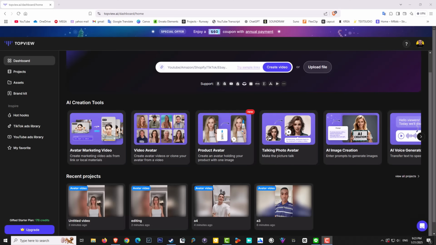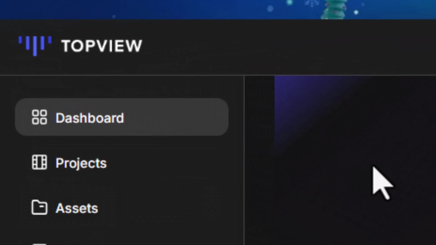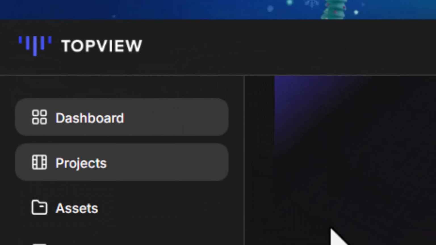The video you are currently watching is entirely AI generated using the TopView AI Avatar Creator. In this video, I will demonstrate just how easy it is. If you're like me and you have the face for radio, then this actually could be just the thing you're looking for. Today I'm going to introduce you to a new AI generator called TopView,